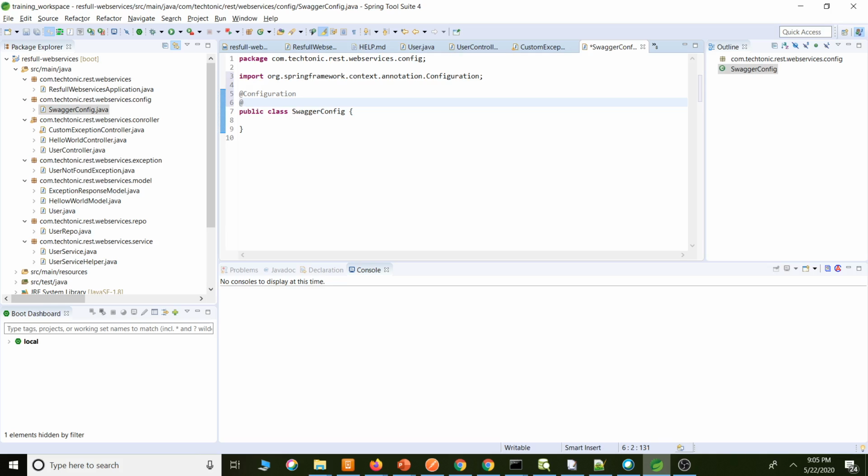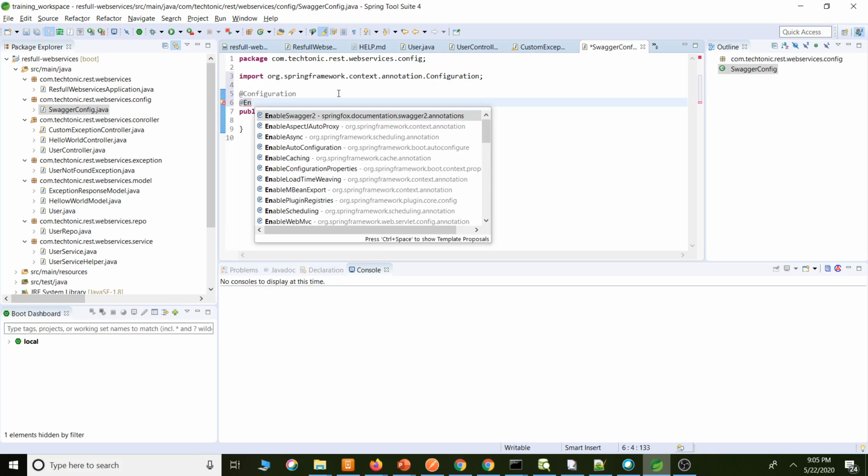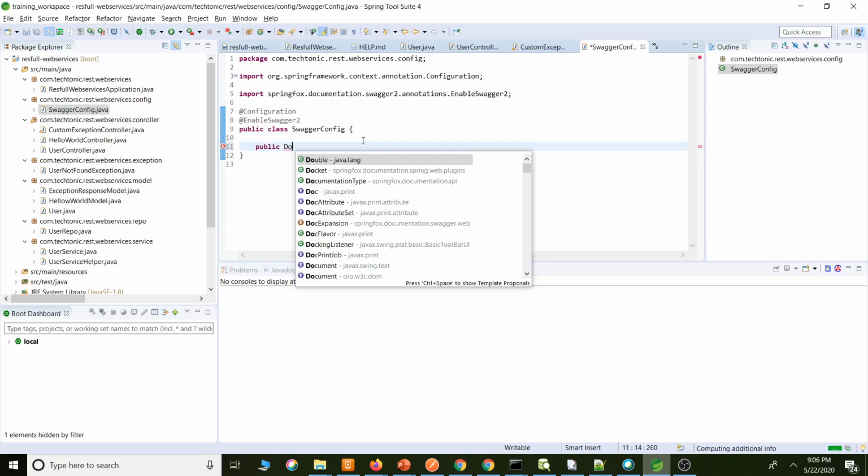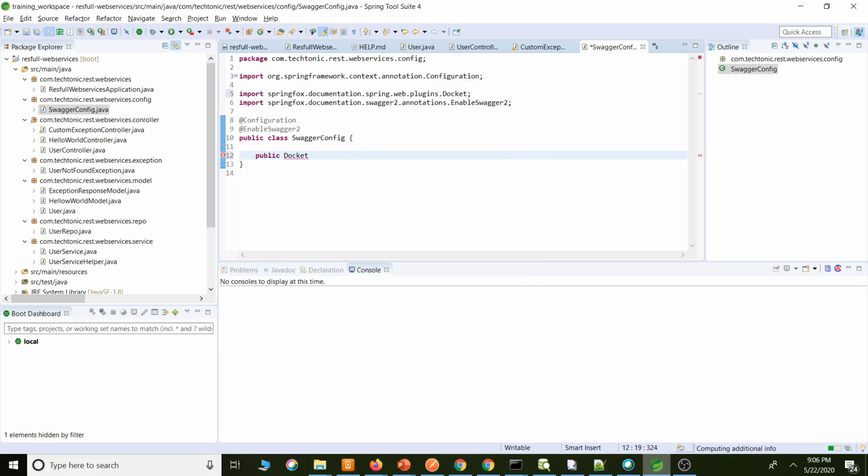I am going to enable Swagger, using the @EnableSwagger2 annotation. I have enabled this class as Swagger 2. We need to create one bean, a public Docket bean, with an API method name.